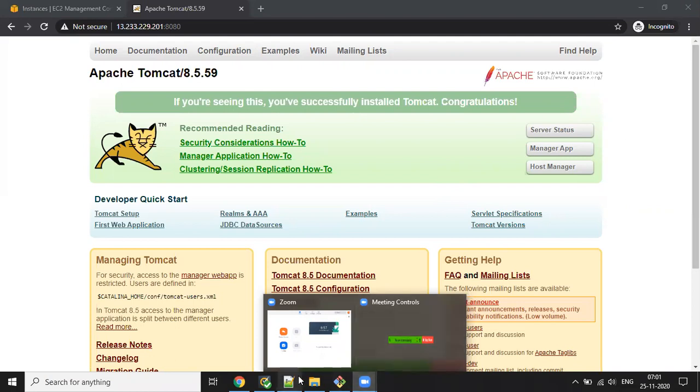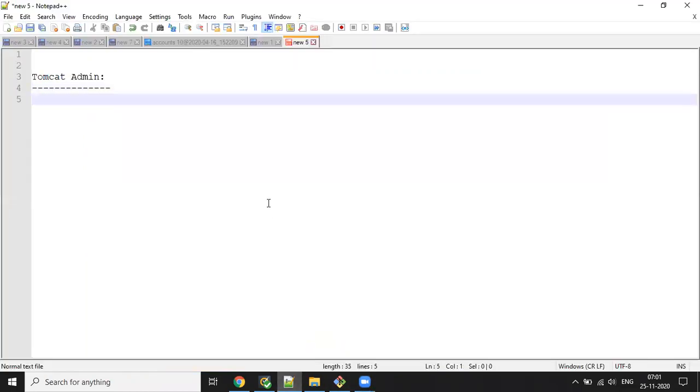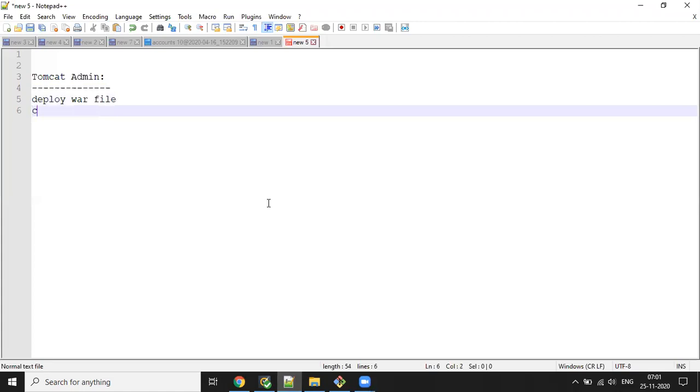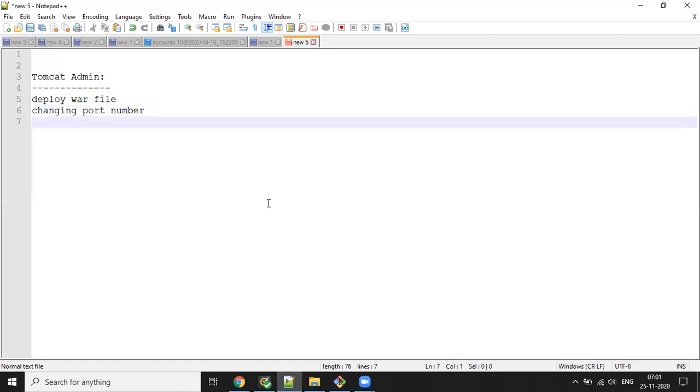Let me summarize what we will discuss: deploying a WAR file into the Tomcat server and changing the port number of Tomcat. By default it comes with port 8080, and we can change that port as well.